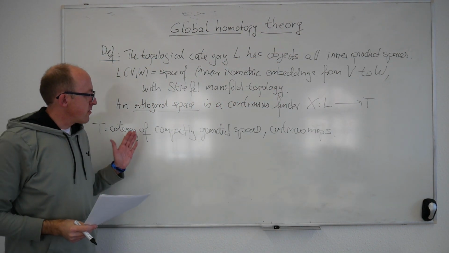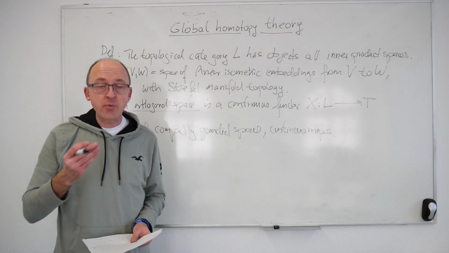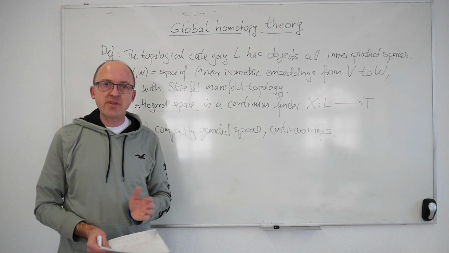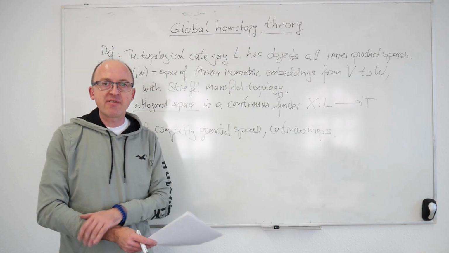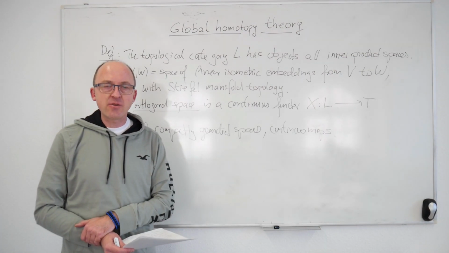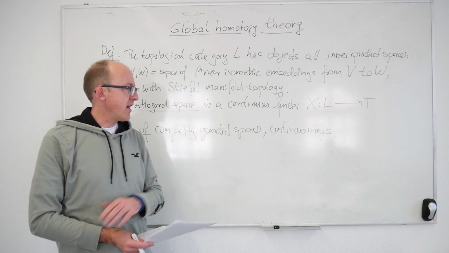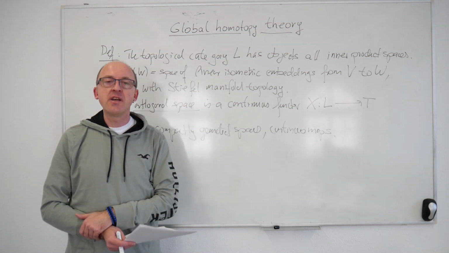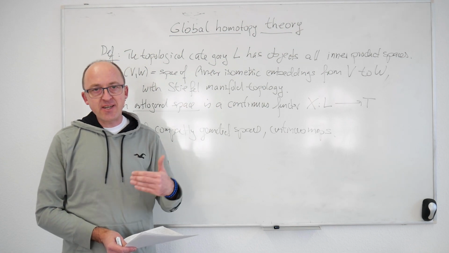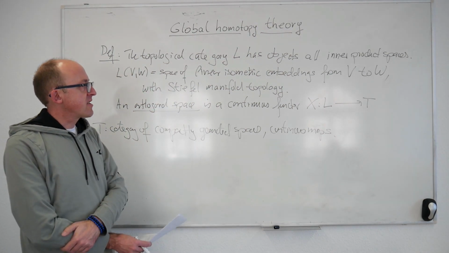So I use the terminology compactly generated spaces in the original sense that it was introduced by McCord, which includes the weak Hausdorff condition. Also, most of the time I would just say space, and the details of the point set topology, you can look them up. They won't be particularly relevant for what I explain here, but just to be clear, I work in the category of compactly generated spaces. So these are k-spaces or Kelley spaces that also satisfy the weak Hausdorff condition, and this is for me included in the terminology like it was originally for McCord. I warn you that there are lots of references which need to explicitly say compactly generated weak Hausdorff. I'm including this. So an orthogonal space is just a continuous functor.